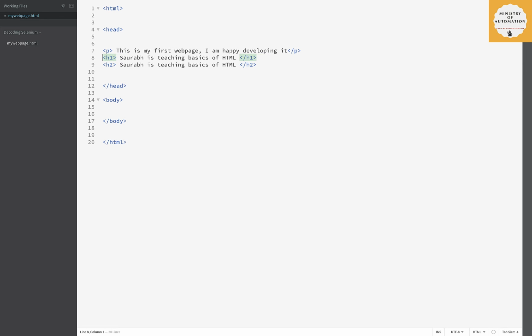Now what I'm going to do is use a standalone tag. So what is a standalone tag? A very famous one is the input tag. Now you see it didn't populate a closing tag. Why? Because the IDE understands that this is a standalone type of tag. I just added an input tag, nothing else.